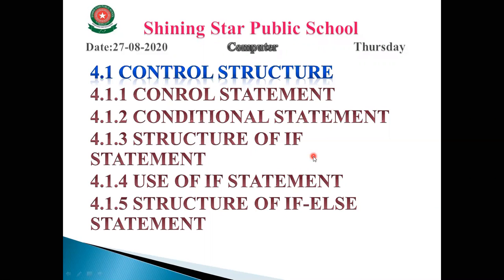Next, in chapter number 2 we discuss programming languages. Two types of programming languages we discuss: low level languages and high level languages. In low level languages, we discuss machine language. Machine language is a language that is directly understood by the computer, that is the binary digits 0 and 1. But machine language is very difficult for human beings to understand. The second thing is assembly language. Assembly language is also low level, but it is easier than machine language.